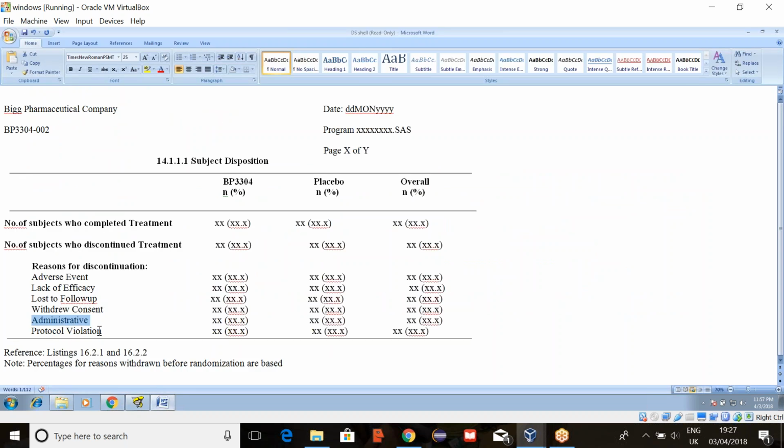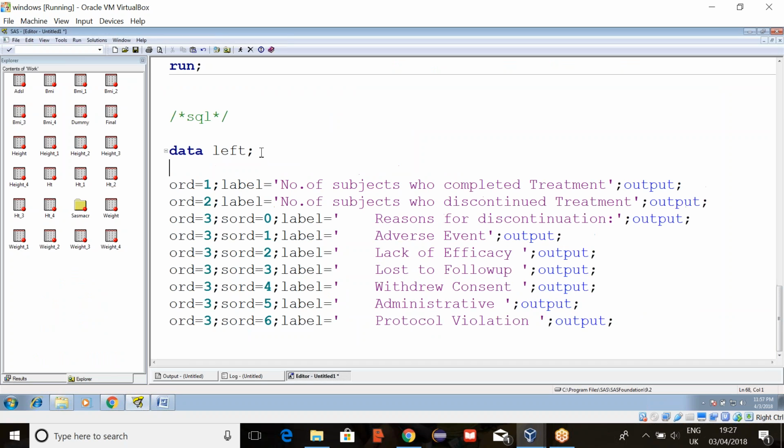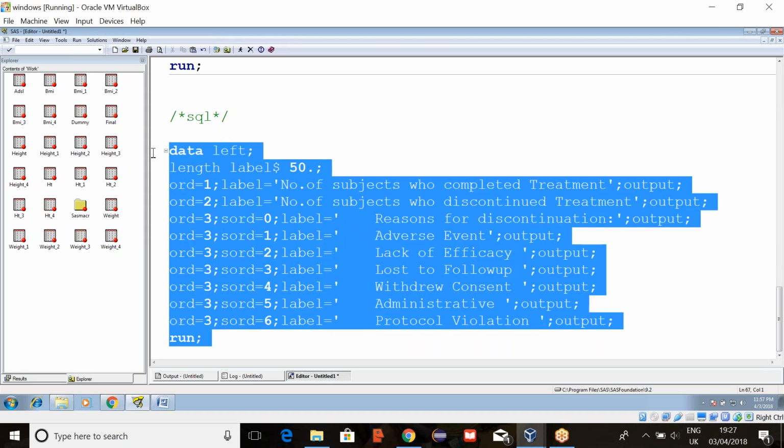And finally, due to protocol violation. Now here we have to set the length for this label variable. Length label, and then run this. Okay, I'll delete all these data sets.